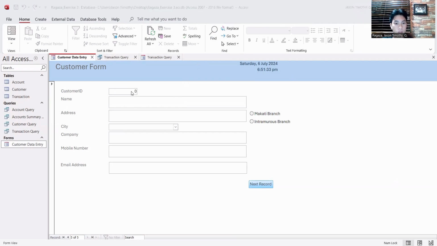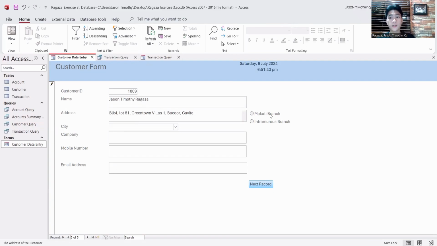So let's fill up this customer form. Here, guys, address. Then click on the Makati branch or the preference of the customer where they live, and then the city.